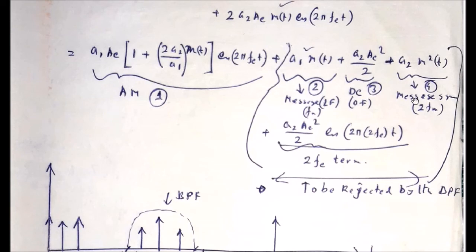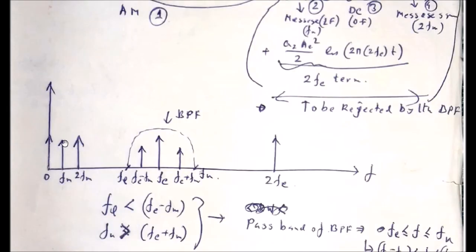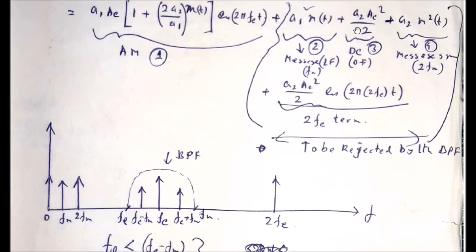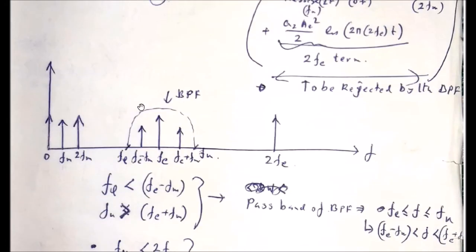All other terms: this one is simply the message signal having this FM frequency term, this one is one DC component, again a DC component. This one is the square of the message signal, it will have a 2FM frequency component. And the last one is the 2FC frequency component. So now if you want to find only this term at the output of the circuit, then what you have to do is somehow select this portion of the frequency band only, and reject this one and these three terms.